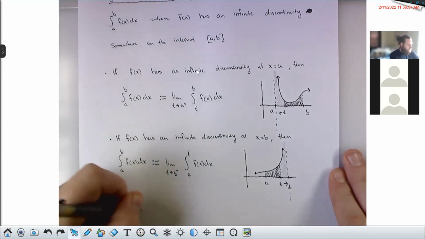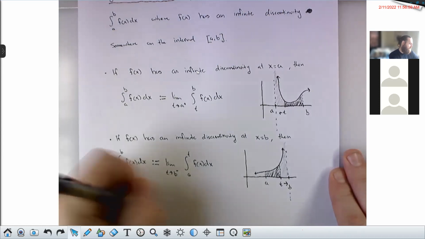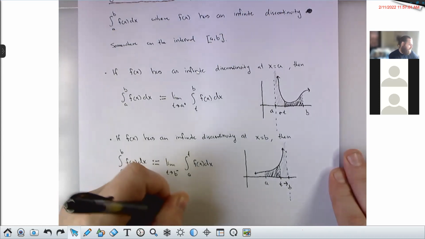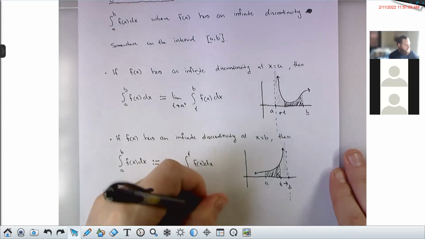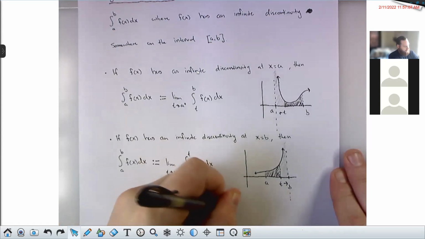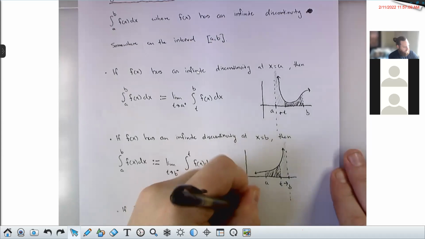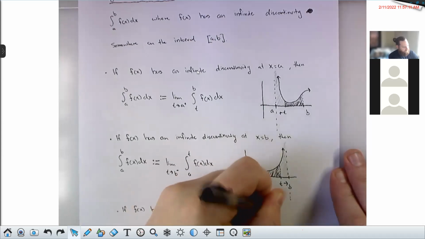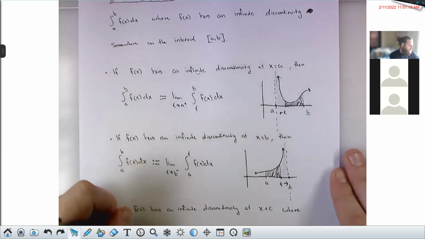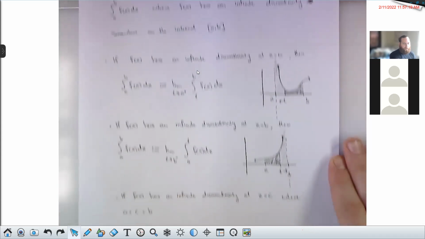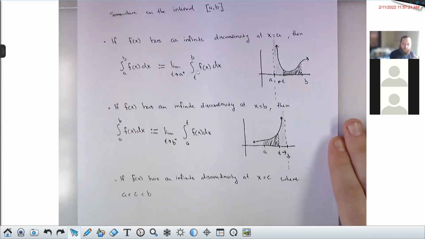If f of x has an infinite discontinuity at x equals c, where a is less than c is less than b, in other words, somewhere in the interior of that interval,